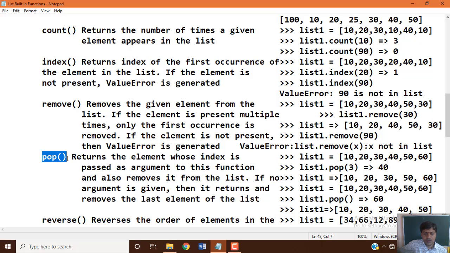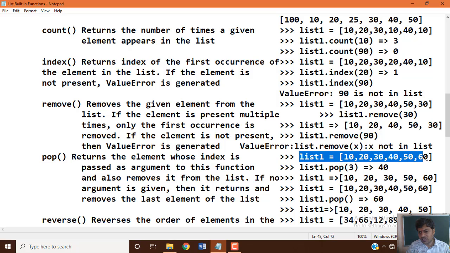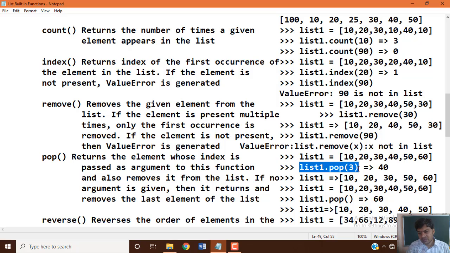Okay, if no index number is passed to this built-in function, by default the last element of the given list variable will be removed. Now let's take an example of how pop works. The list 1 variable equals the data 10, 20, 30, 40, 50, 60, and we apply list 1 dot pop of 3, where 3 means the index number.